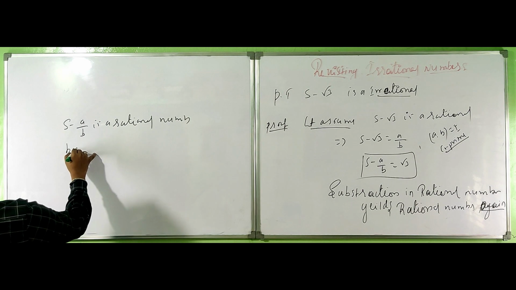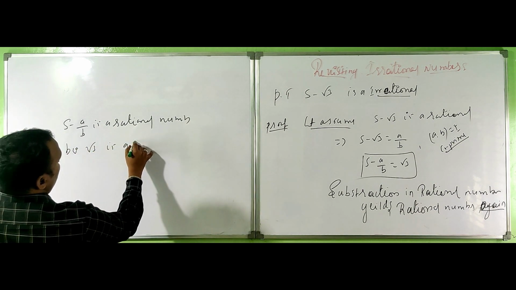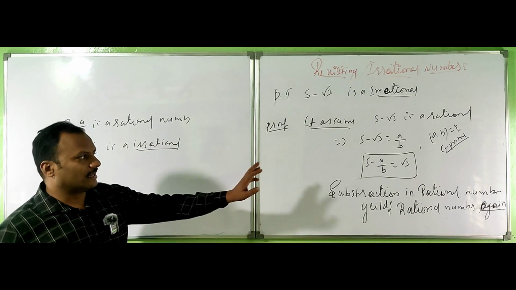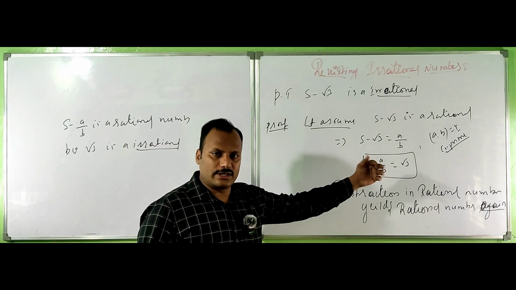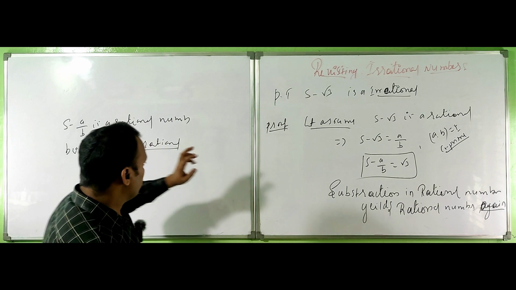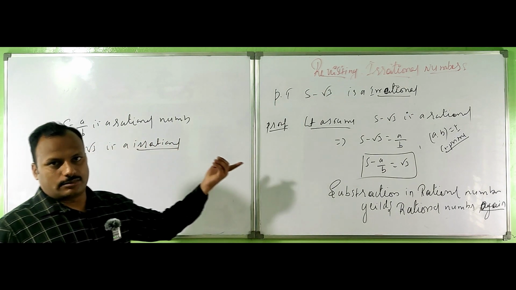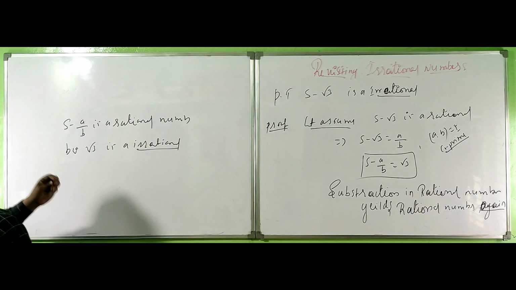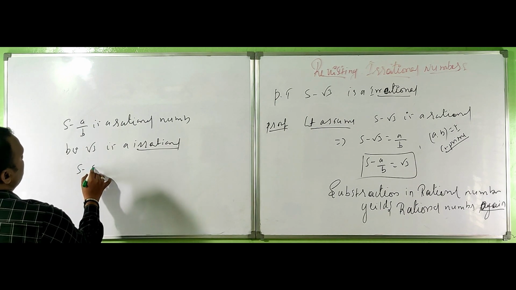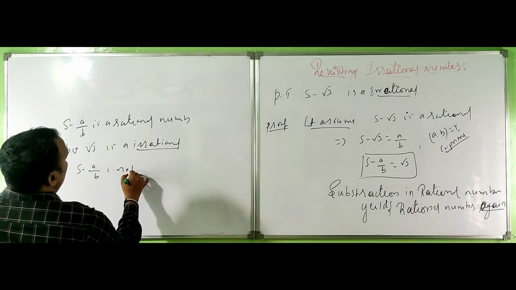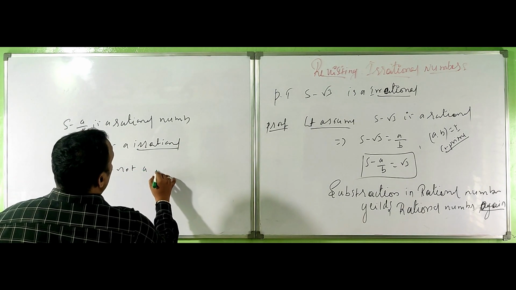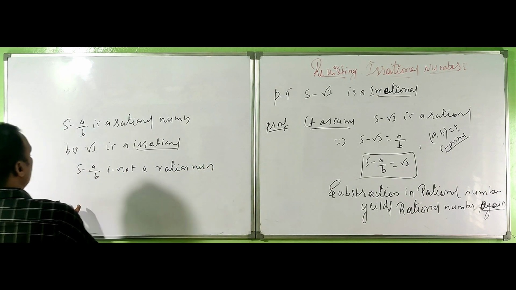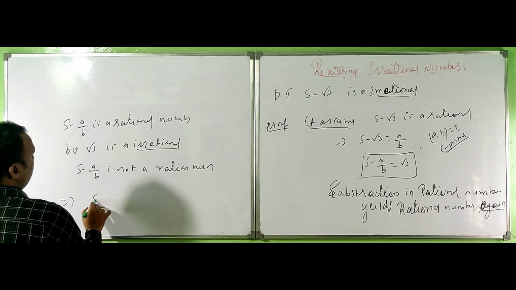But root 3 is irrational. We already proved that root 3 is an irrational number. Therefore, 5 minus a by b is not a rational number. Therefore, this implies that 5 minus root 3